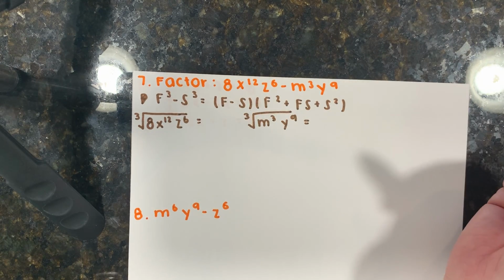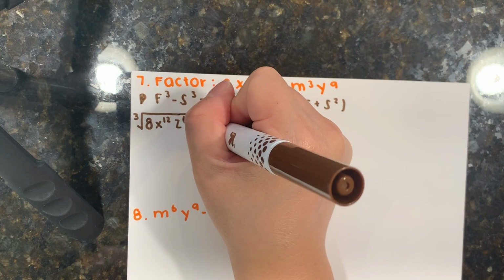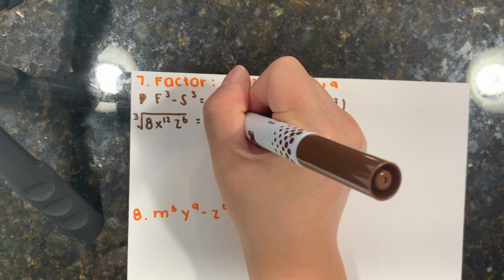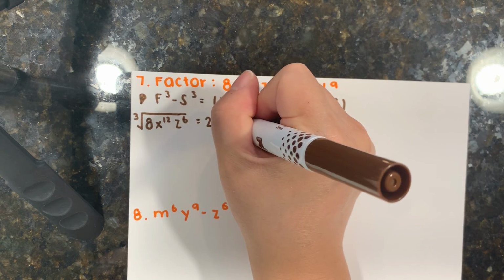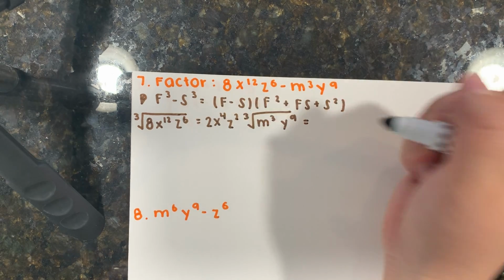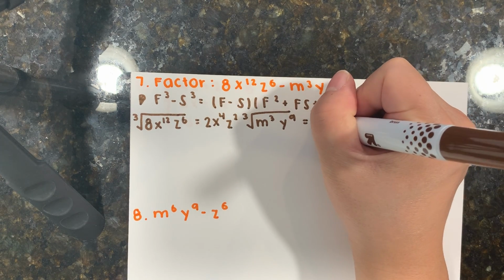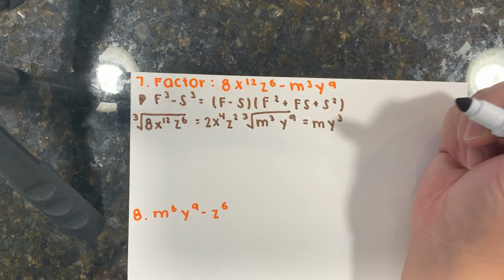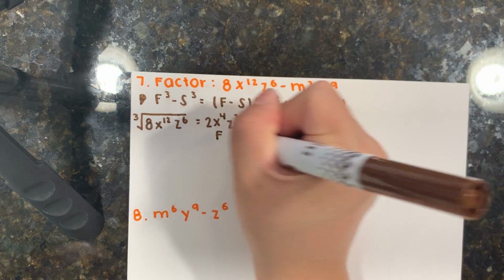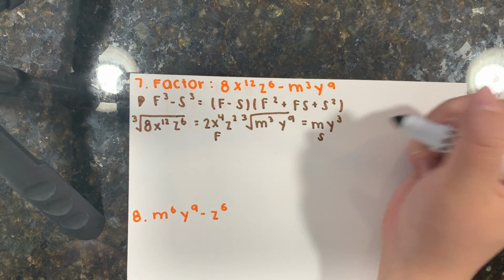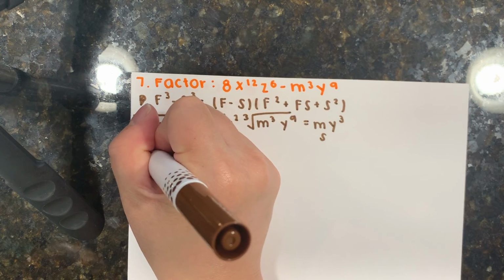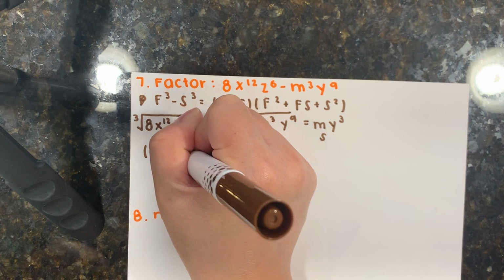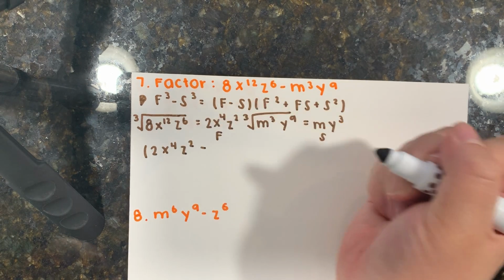So what's the cubed root of 8? 2. 12 divided by 3 would be x to the 4th. 6 divided by 3 would be z to the 2nd. 3 divided by 3 is 1, and 9 divided by 3 is 3. So this will be your f, and this will be your s. So you have 2x to the 4th, z to the 2nd, minus